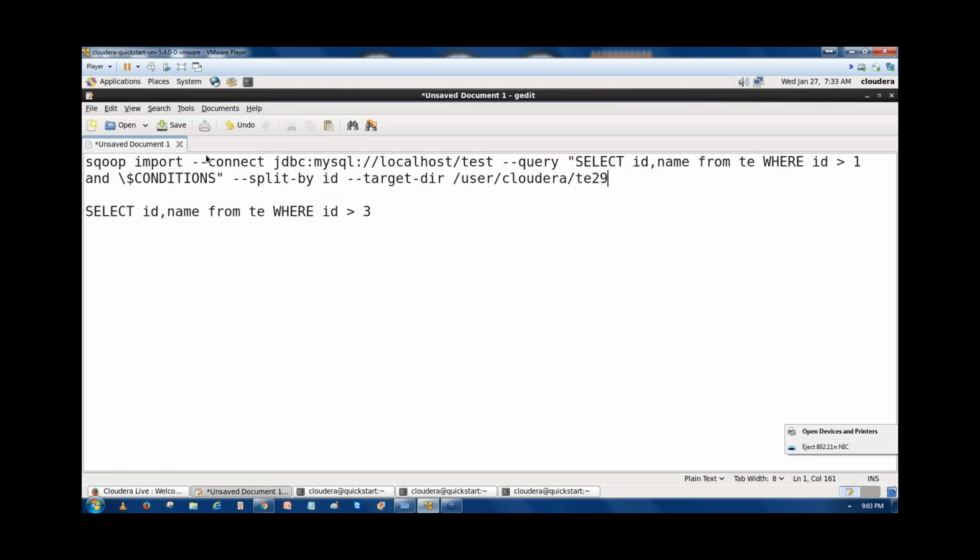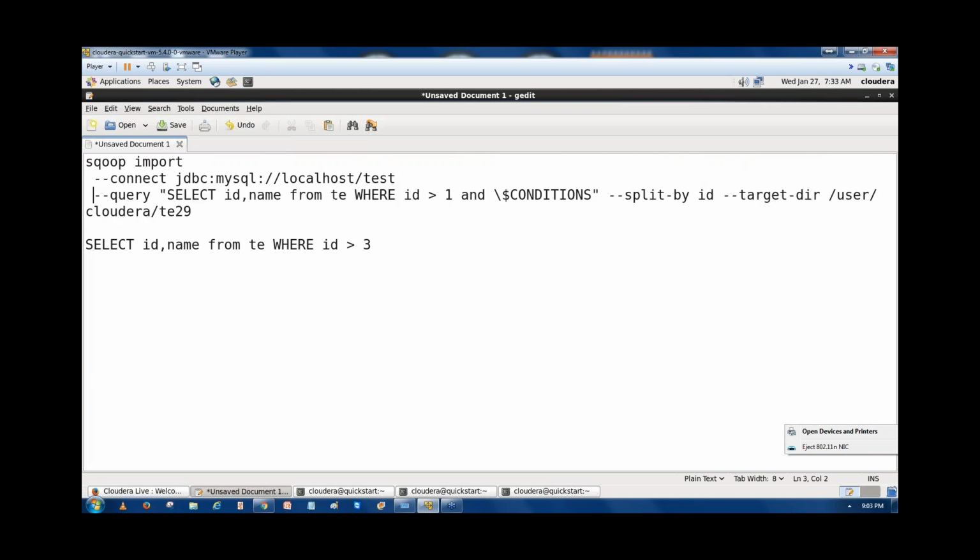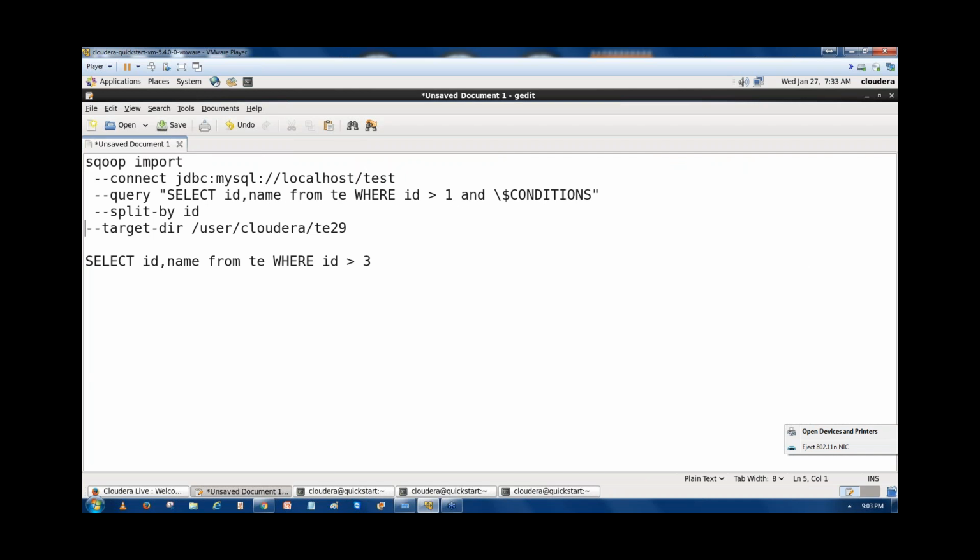Okay, to write this query, it's simple. Just write the Sqoop import, then write the connection string, then write which query you want to evaluate, write the query, and then how you want to split the table, based upon which column you want to split the table. Write that column name for the parameter split by, and where you want to import the table.